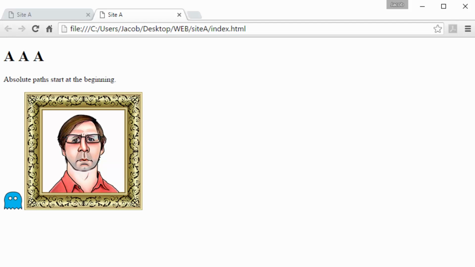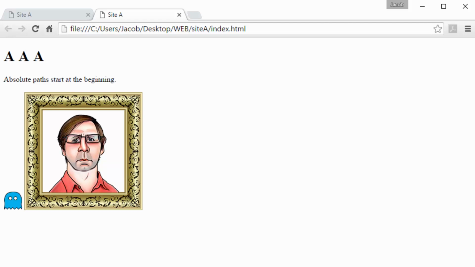If the file on the server is renamed, moved, or deleted, the image will cease to appear on your page. A much better way to specify file locations is by using relative paths that are based on the current directory of the HTML page that is linking to them. However, before showing you how to create relative paths, let's take a step back to a world before Windows, when